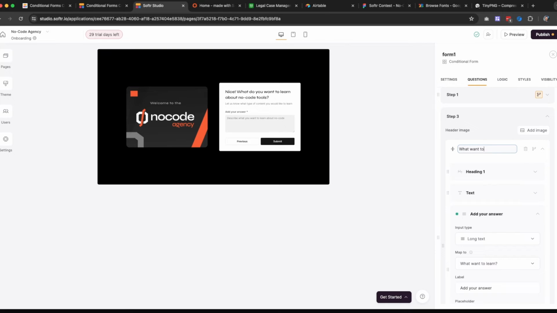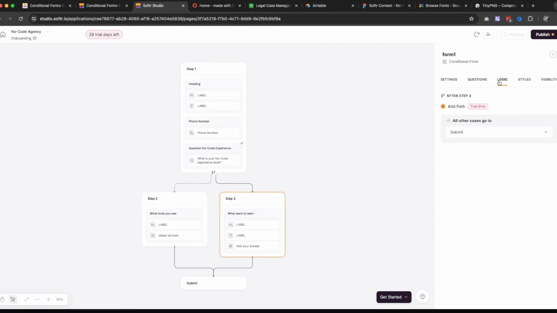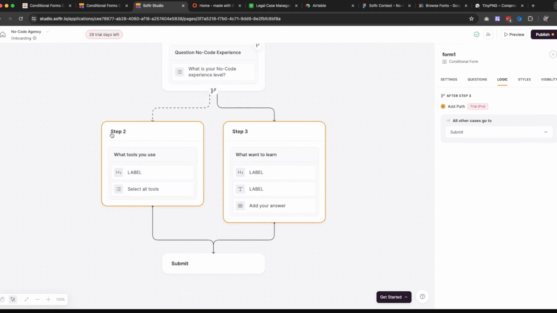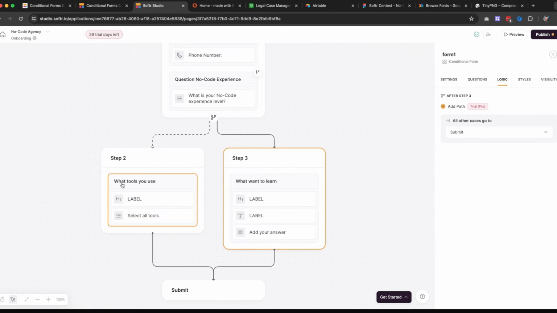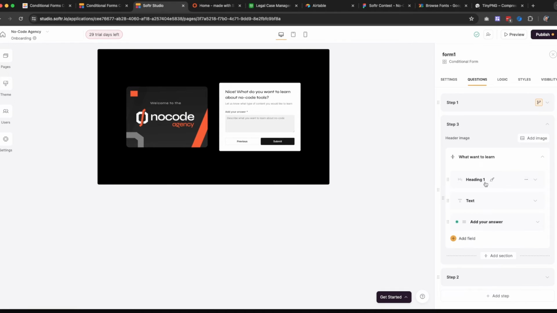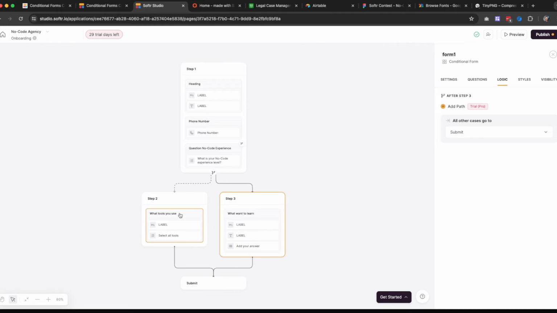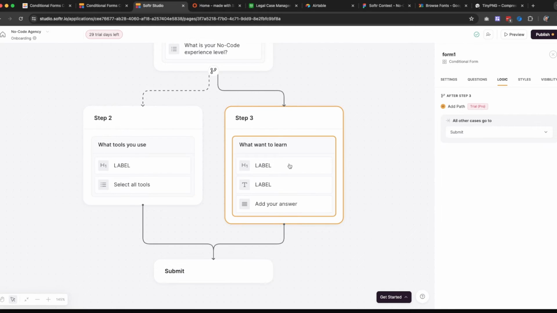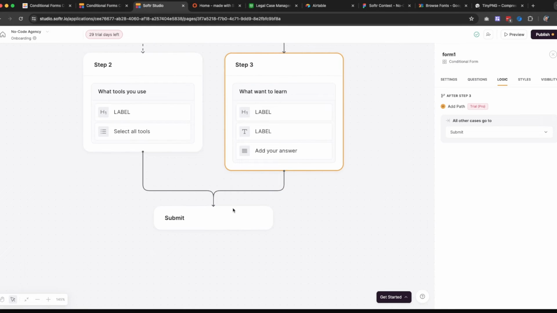what I want to learn. Now I notice that I can rename the items here, so then I can identify them here a little bit better. Because the title is going to be always step 2, 3, etc. But then if I give a name to the actual components inside the steps, then it's gonna be easier to identify. That's okay. What tools you use, what you want to learn, and then